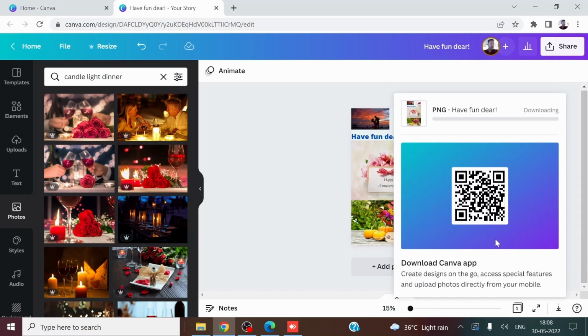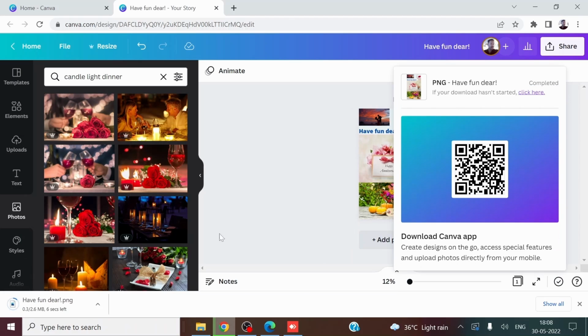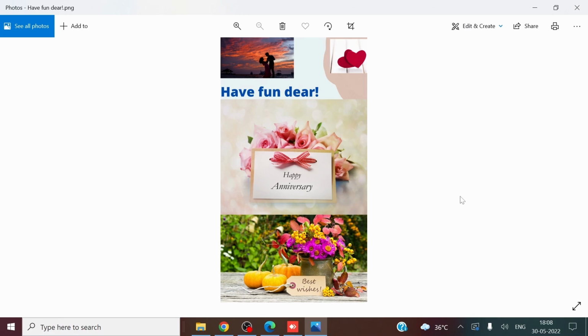So I'm going with that. I'm clicking on download button, and it is getting downloaded. So if you click on the final output, it is like this. You can keep this as your WhatsApp status, right? So this is again, guys, I have put